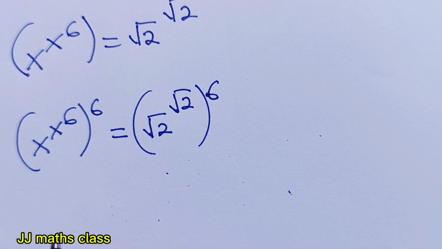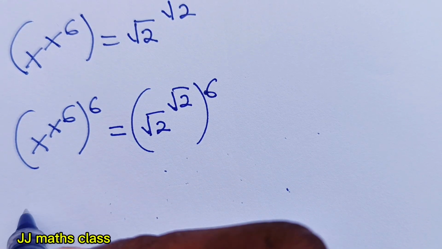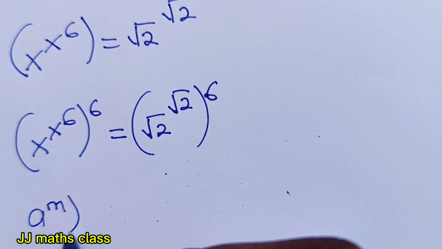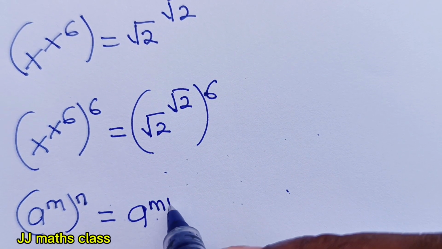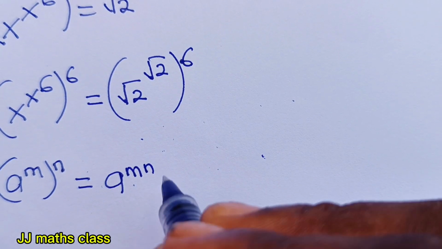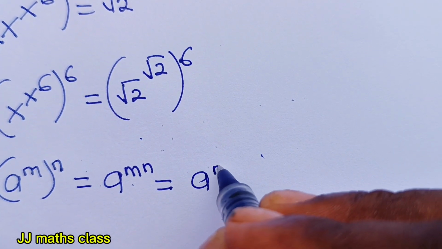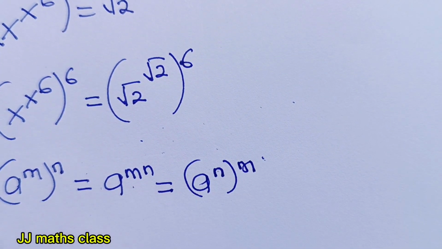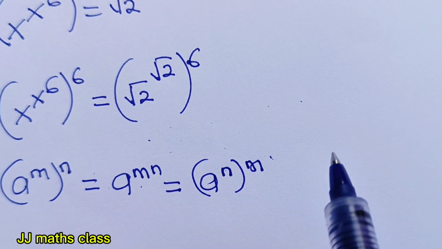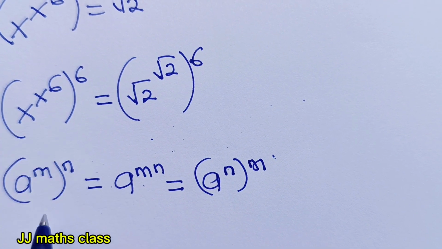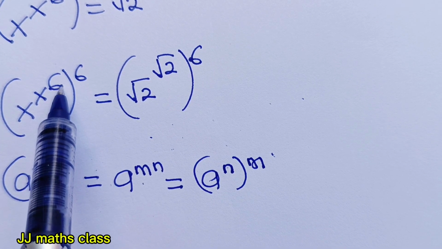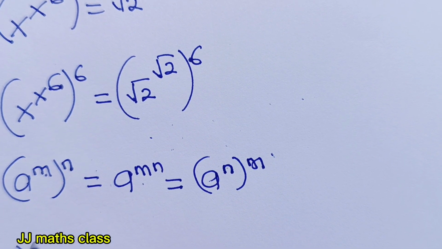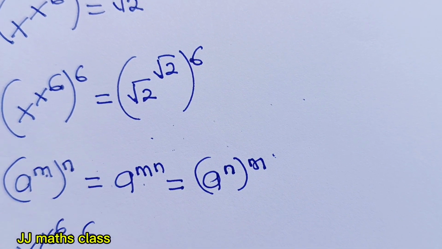For the left-hand side, you can see that when you have a to the power of m raised to the power of n, this is equal to a to the power of m times n. And this can be expressed as a to the power of n raised to the power of m. The powers can be interchanged. Now, if you look at this, our a is x, and our m is x to the power of 6. So this can be written as x to the power of x to the power of 6 multiplied by 6,